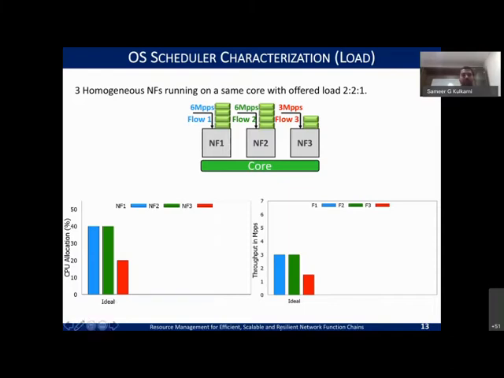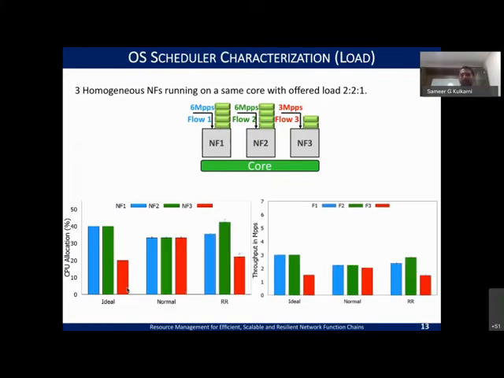And for CPU allocation, if they all have the same compute requirement, then you typically expect to get 40, 40, and 20, right? But what we observe in reality is different. So we tried one normal, which was the default scheduler case, and the other real time, taking round robin. We omit the batch and other for this experiment because the results were more or less the same. So I'm showing just the normal and round robin cases.